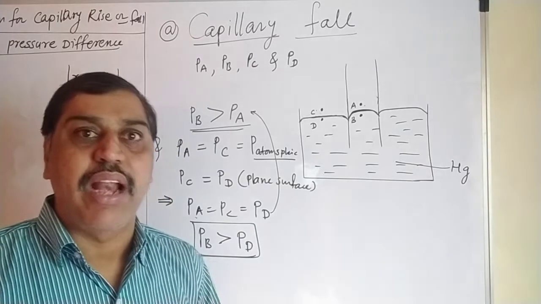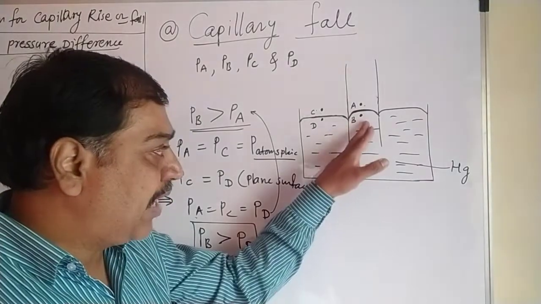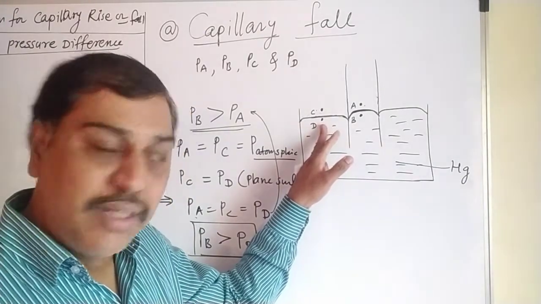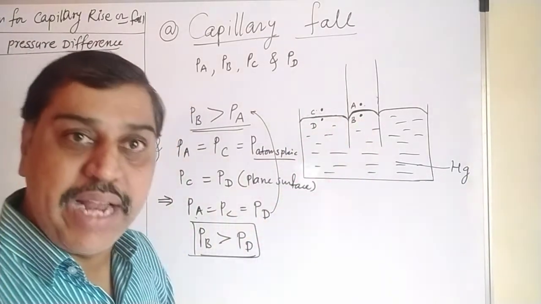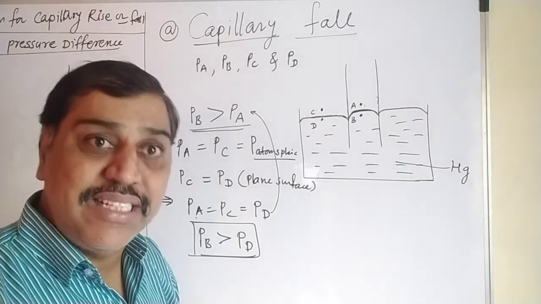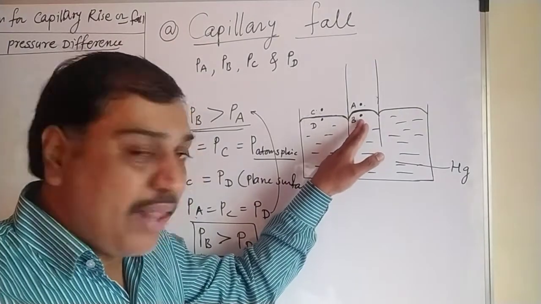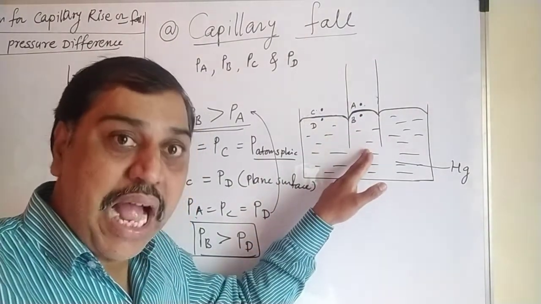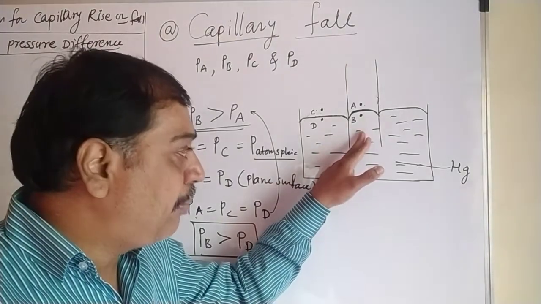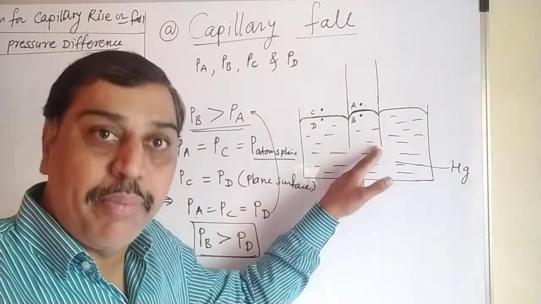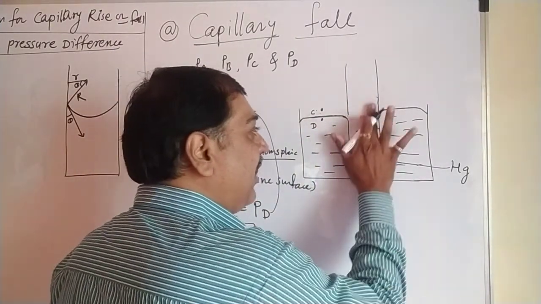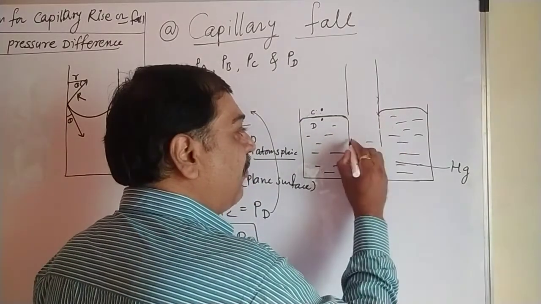Are you getting this? I will try to explain once again. When the pressure at B is greater than pressure at D, still they are in the same liquid at the same horizontal height. There is a pressure difference between these two points B and D. So to adjust this pressure difference, what will occur in the capillary tube? Liquid falls down to a height below the normal level, up to which the pressure at point B is equal to pressure at point D, and it will stop. That is the reason why this level falls down in the capillary tube. So it falls down like this.